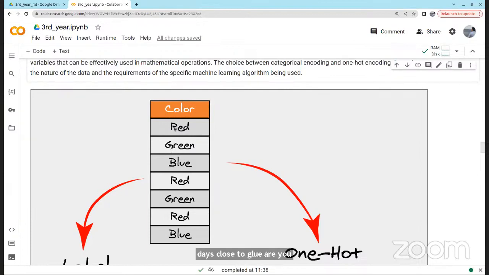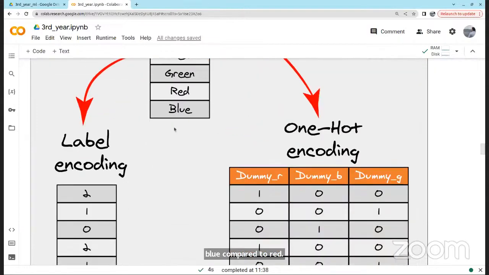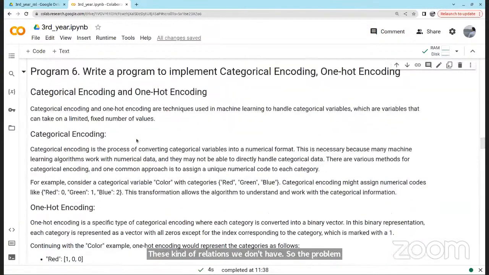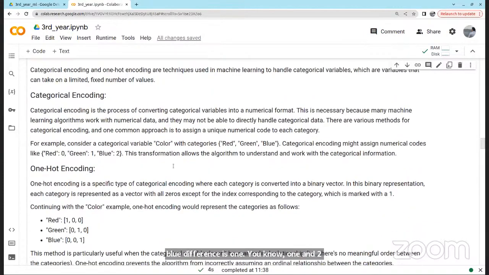These kinds of relations we don't have. So the problem here, if you see, is that the difference between red and green is 1. That is 1 minus 0, 1. Green and blue difference is 1. 1 and 2.